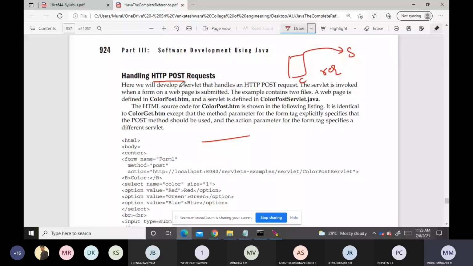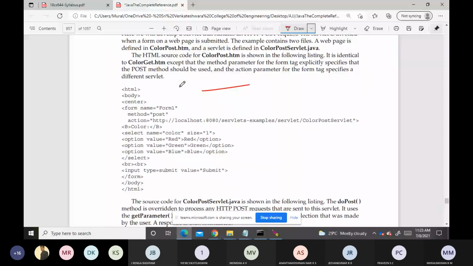Now, similar to the get method, the only difference is that it will use the doPost method. Observe here, the HTML file is the same. The action is specified here, the drop-down list is created, and there is one submit button.